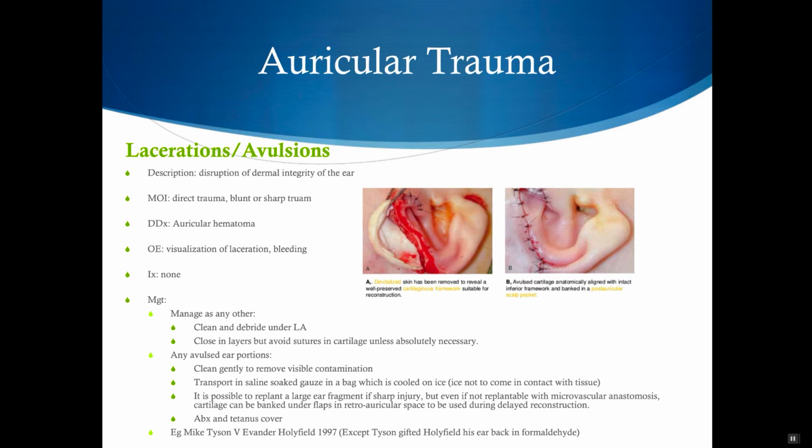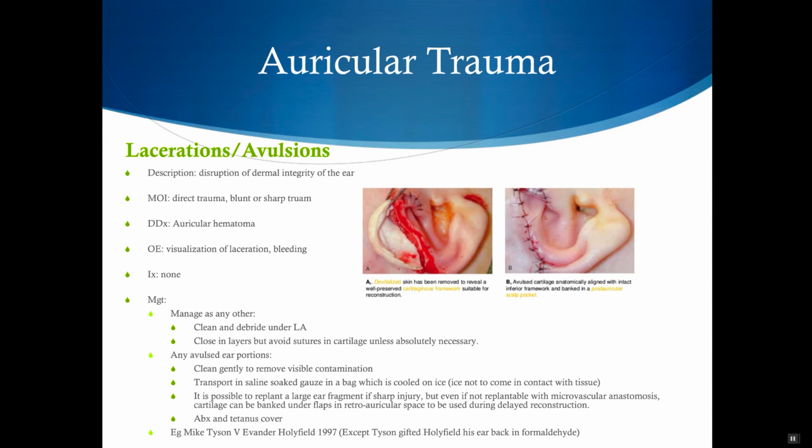From an auricular trauma perspective, there are a few considerations you want to think of. First off, obviously we talked about the auricular hematoma. The second thing is the cartilage that is involved. That needs to be repaired as well. That can break down, so it's important to fix that because it can give an undesirable cosmetic effect otherwise. And then the other thing is making sure that the tetanus is up to date and considering antibiotic coverage to prevent any kind of infection setting in,